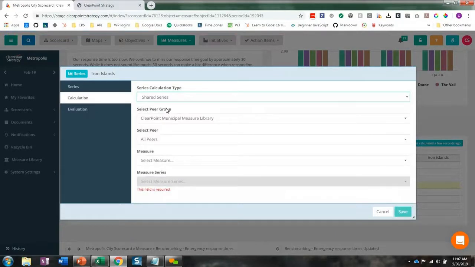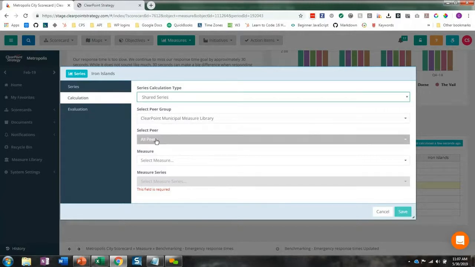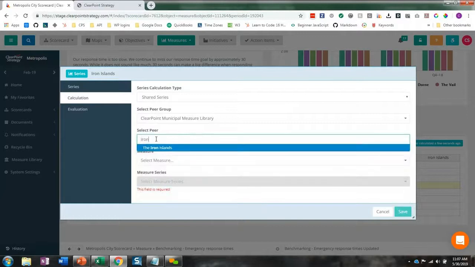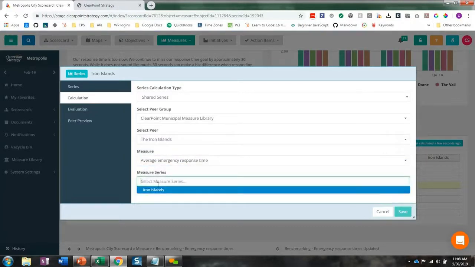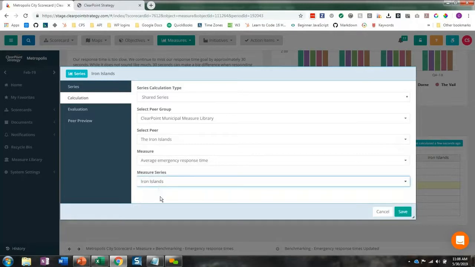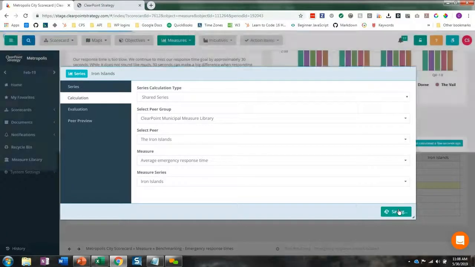Then some menus will appear here so we can select the correct measure from the measure library. So we'll stick in the ClearPoint Municipal Measure Library for the peer group. And then for peers, we'll see what the Iron Islands has to share. And for measure, it looks like they do have an average emergency response time. And for the measure series, we'll be taking from their Iron Islands series. Then once I click Save,